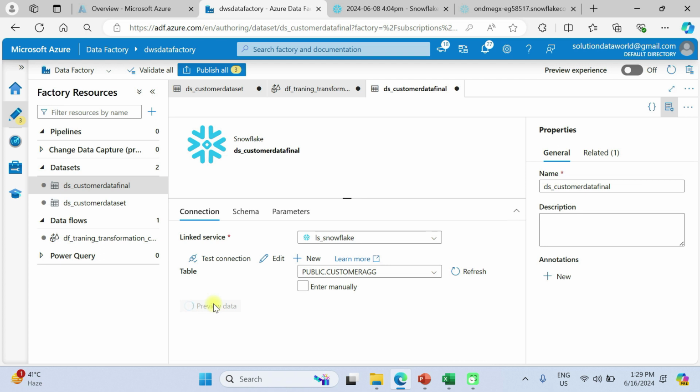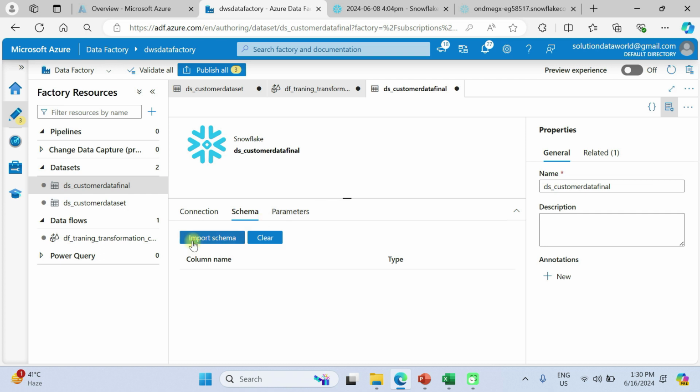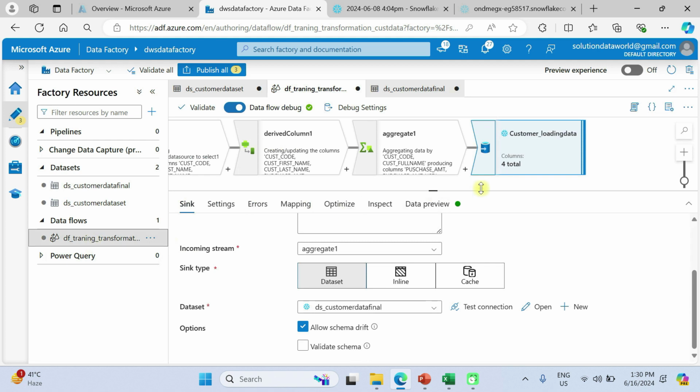There should be a null record in this table. Here is a null record. Okay, so you can also import schema. Here are the 4 columns and all the data types, which works here for our convenience. Okay, now go to data flow, and